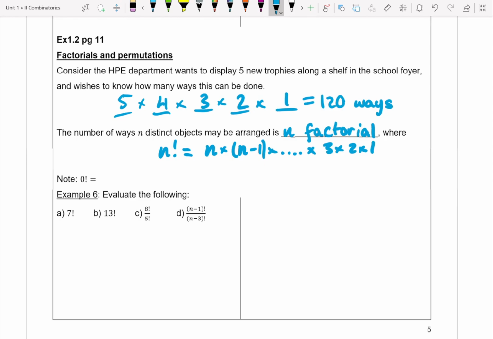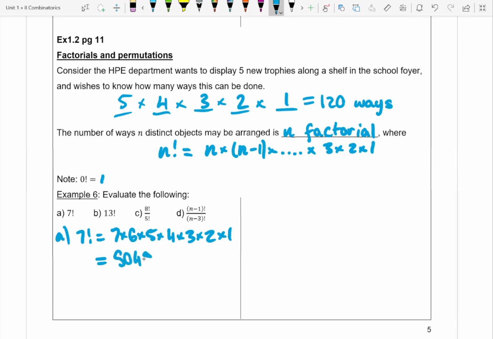A special case of this is 0 factorial, because 0 factorial is equal to 1. So evaluate the following. 7 factorial is equal to 7 times 6 times 5, all the way down to 1. I'm going to write the 1, but you'll soon realize that the 1 is unnecessary because anything times 1 is itself. So you really could stop at 2. That's going to evaluate to